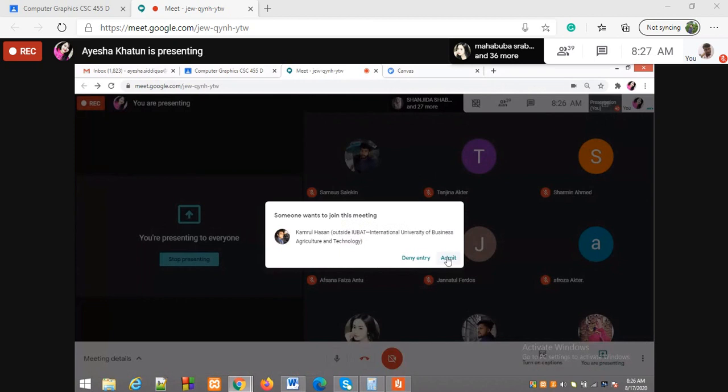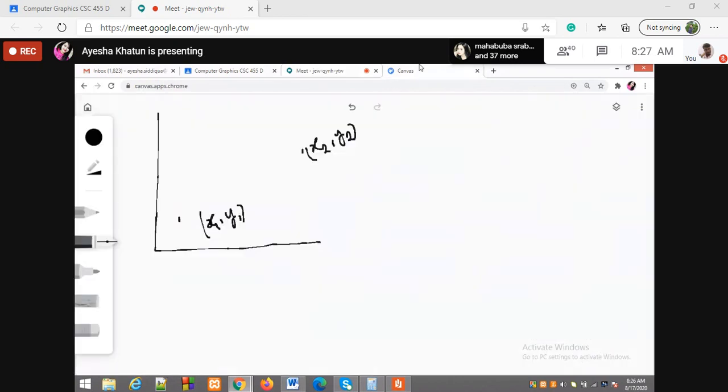Okay, so slope determines how the value of the point according to the x and y axis changes. We can denote slope by m, and m can be calculated as the change according to the y-axis and the change according to the x-axis. So we can write m is equal to the ending point y2 minus the starting point y1, the change according to the y-axis, and then the change according to the x-axis, that is x2 minus x1.